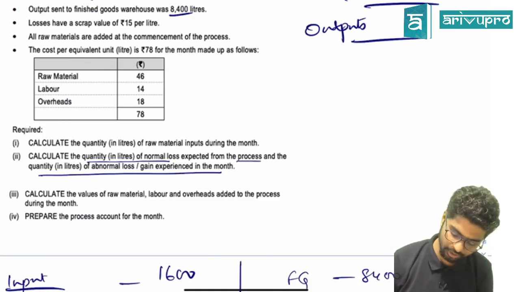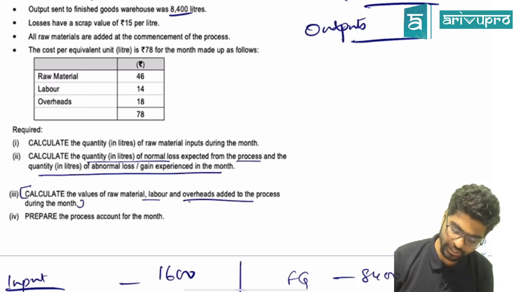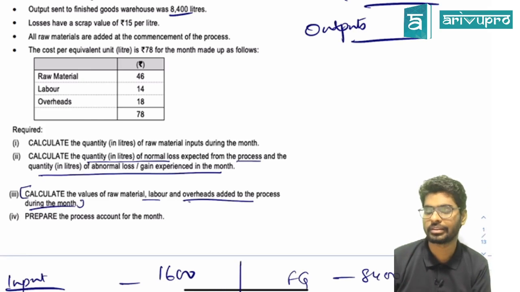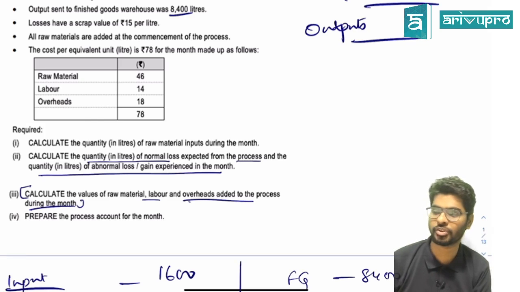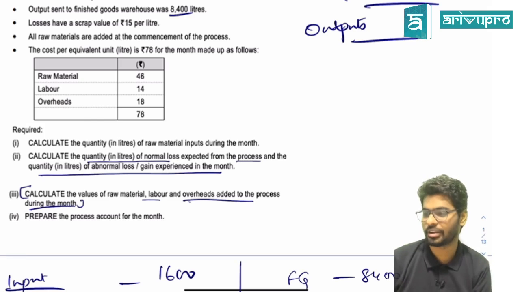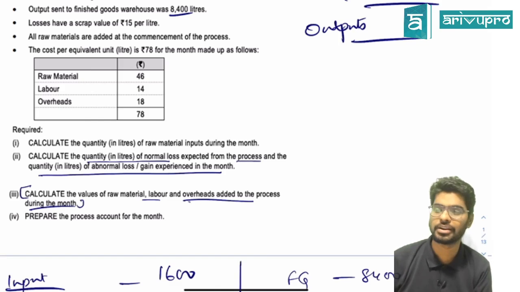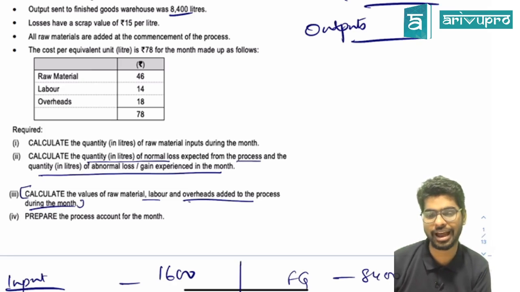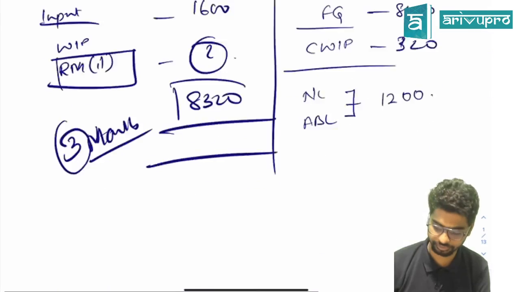Okay, what's the third question? They want you to calculate the value of labor and overheads added to the process. That means they want me to calculate the cost of equivalent units. Now, how do I find the cost of equivalent units? To find out the cost of equivalent units, a couple of calculations are required. One, what is the number of units that I have produced during the year? So I will make a table first where I will write my input units,